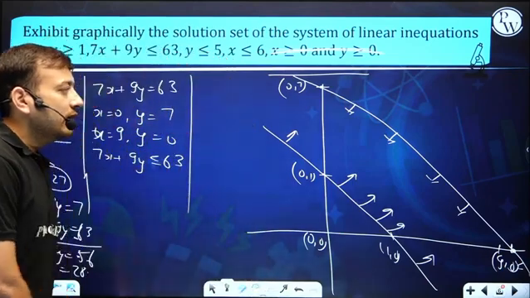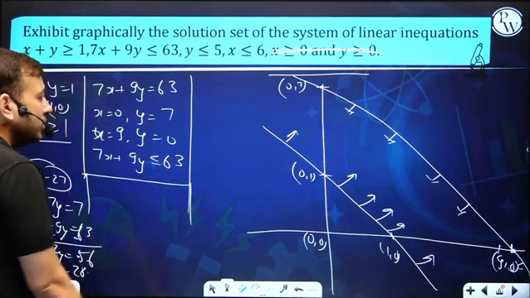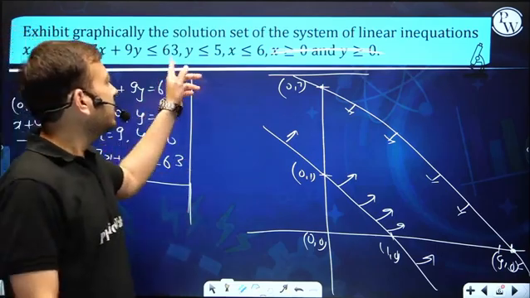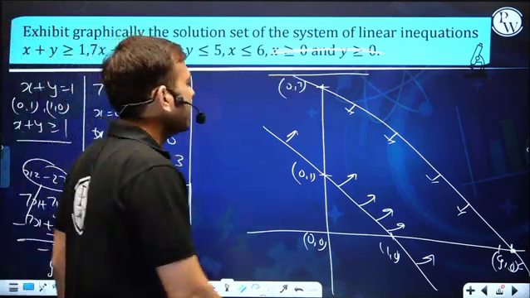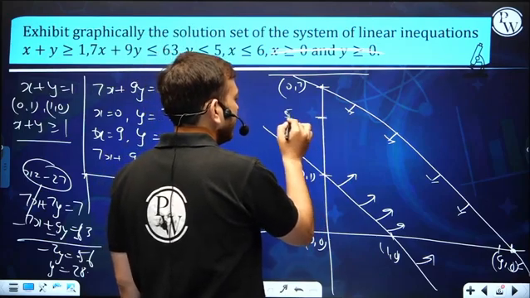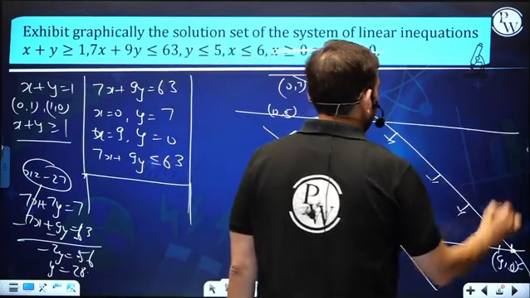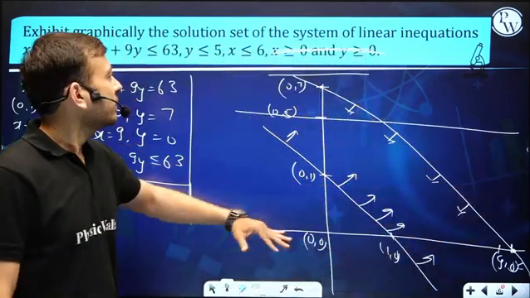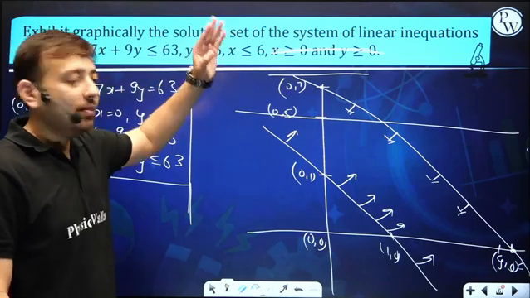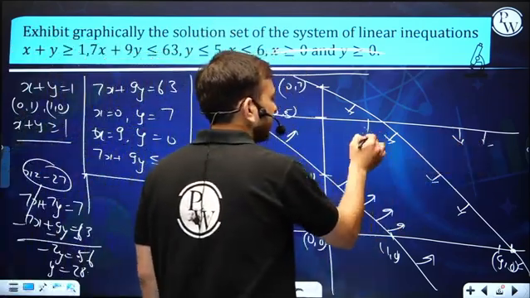Okay. But still the work is not over. Now the next is y should be less than 5. Sir, 5 will be somewhere coming here. Okay, 0 comma 5. So y less than 5 means below. If it is greater than 5 it means up, less than 5 means below. Means this part,